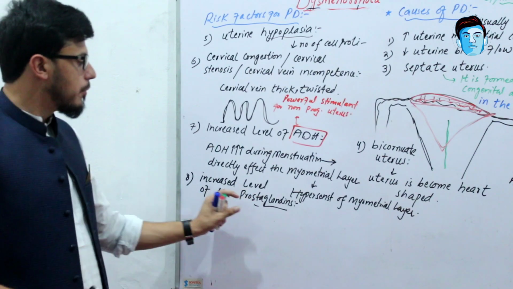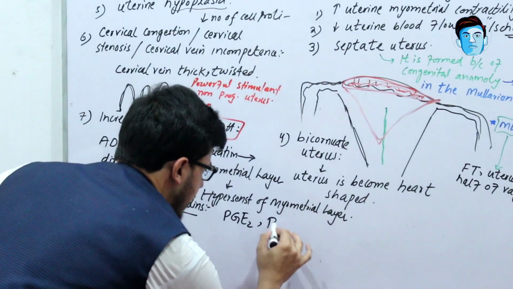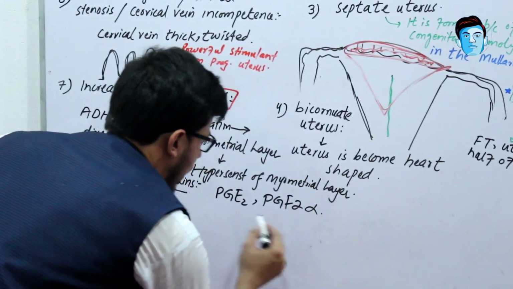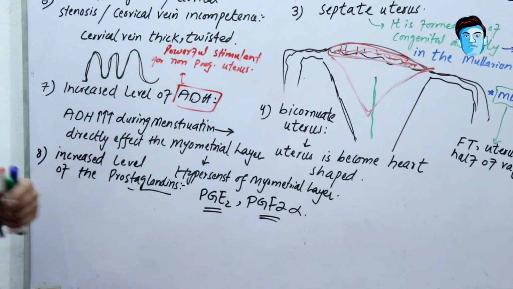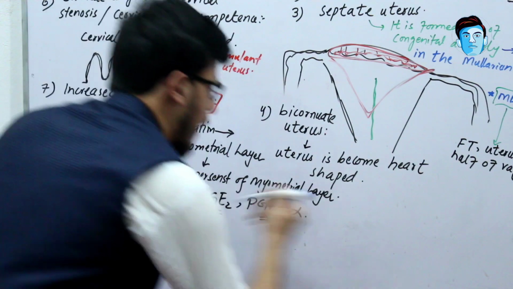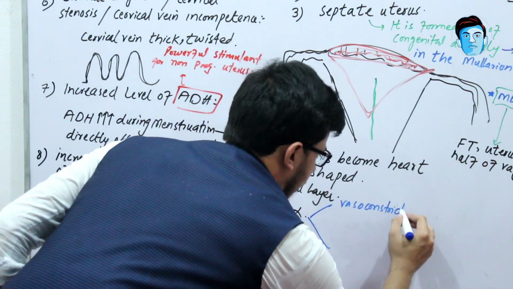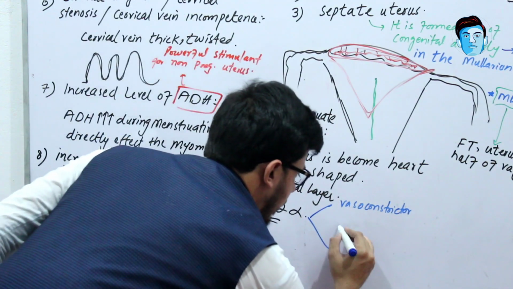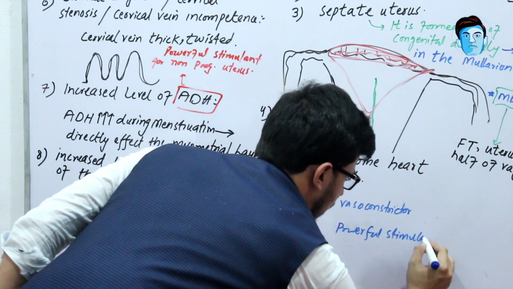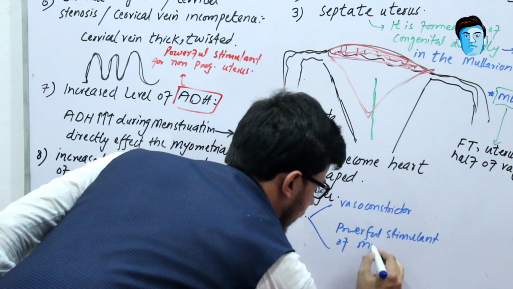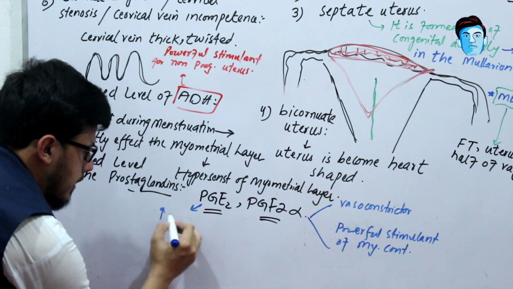Now there are two important prostaglandins, called PGE2 and PGF2 alpha. These two prostaglandins are more associated with causing primary dysmenorrhea. PGE2 is actually a vasoconstrictor, and it is also a powerful stimulant of myometrium contractility. While PGE2 increases the sensitization